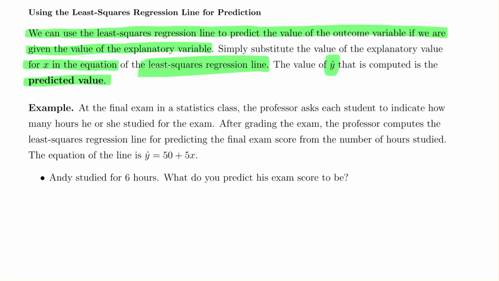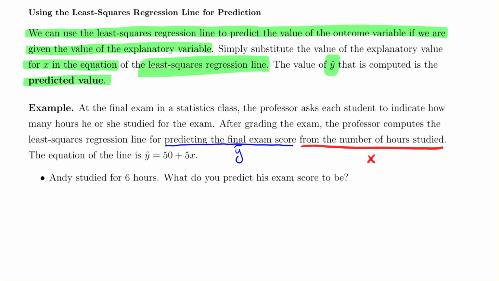Now, one of the things we need to get from this example is tiny phrasings. They said, we're predicting the final exam score. That's your y value, y hat value. That's your predicted value. And you're predicting it from number of hours studied. That's my x value. The equation of the line given that they found was y hat is 50 plus 5